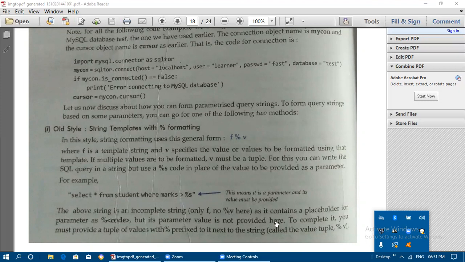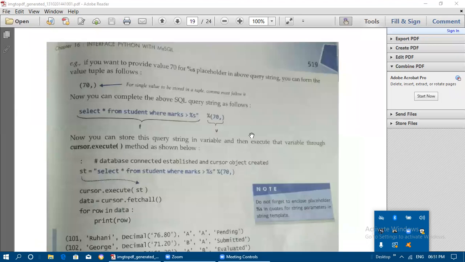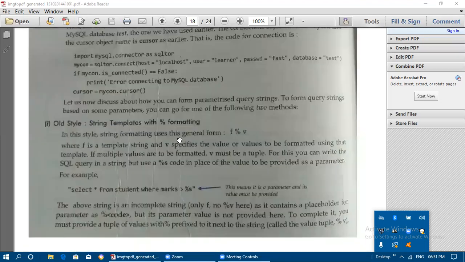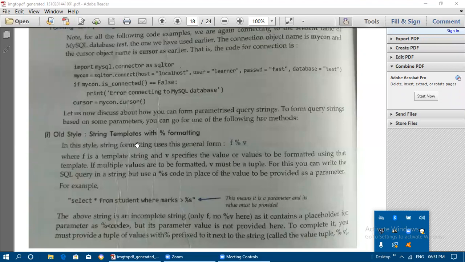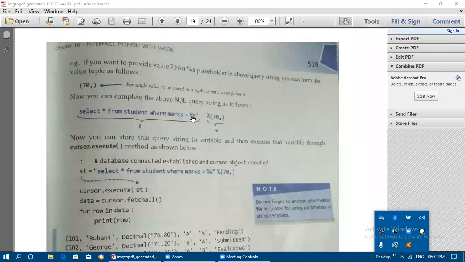To complete it, you must provide a tuple of values with percentage prefixed to it next to the string, called the value tuple. So percentage v we need to give, like this, and pass the value. Now it is complete: this is the template and this is percentage after it, the value tuple.